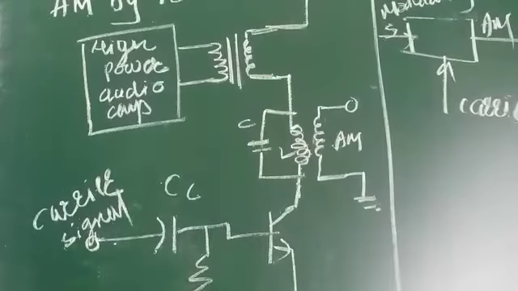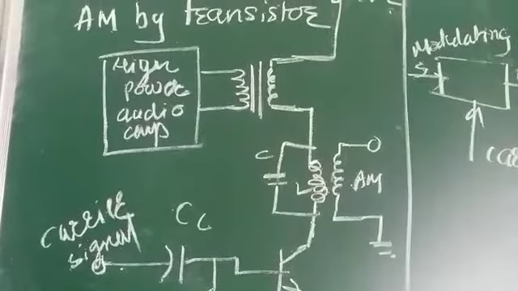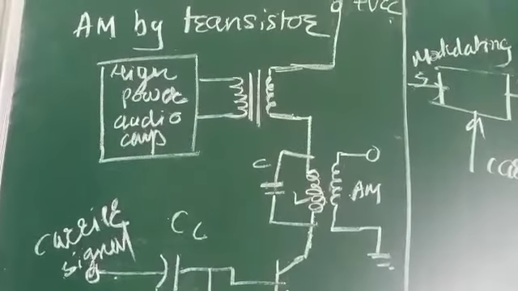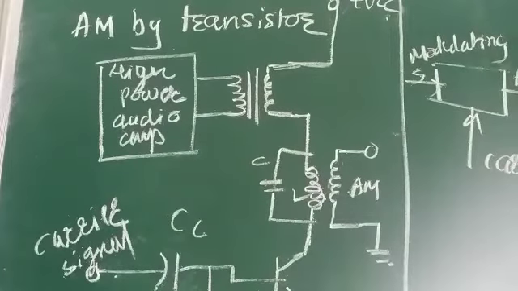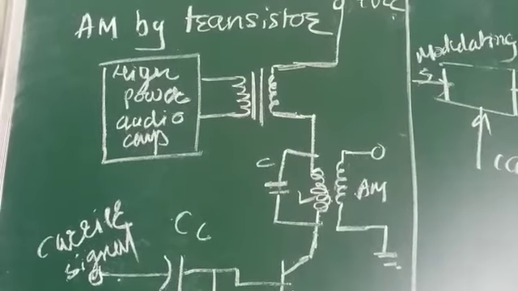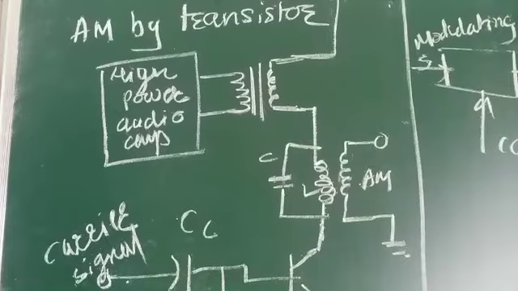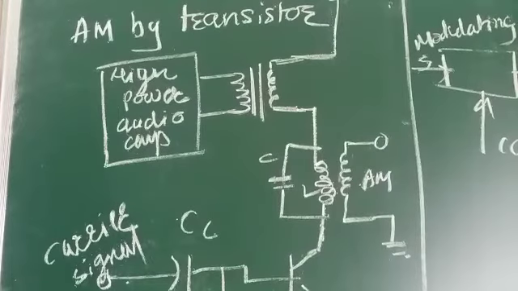Hello friends, today I am going to explain AM by transistor. In the last video, we learned about the modulating index, that is M. When M is equal to 1, then we have the perfect modulation across the output of the AM modulator. Okay. Now, in this session, I am going to explain